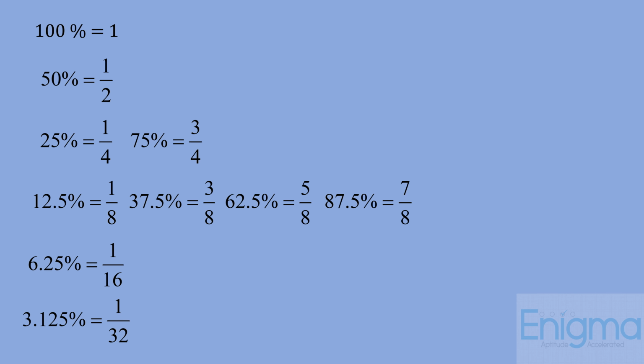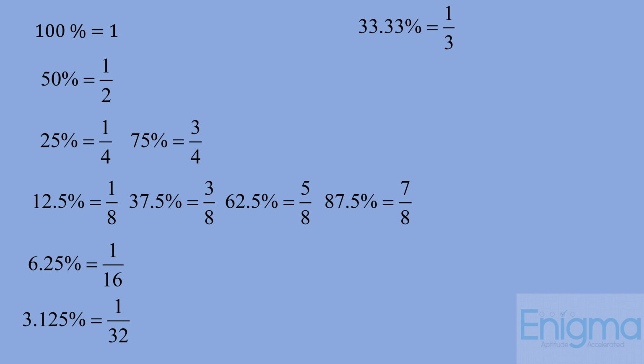So 1 by 8. 8 is nothing but 2 raised to 3. On the left hand side, we have 5 cube, that is 5 raised to 3, 125. But we also have a decimal. So it is 12.5. Further, 16 is nothing but 2 raised to 4. On the left hand side, we have 5 raised to 4, that is 6.25. Basically 625, which is nothing but 5 raised to 4. Further, 32 is 2 raised to 5. On the left hand side, we have 5 raised to 5 and with decimals, 3.125.